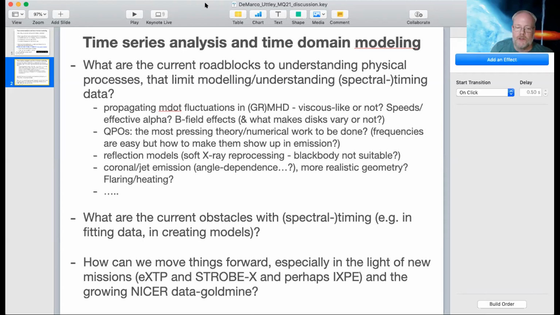Yeah, I guess maybe just to add one final comment, which is that Thomas Dauser made this point, that we cannot explain what we're seeing in spectral timing data in any completeness. Whereas the problem with the standard spectral fitting is that degeneracy, that it's hard to distinguish all these different models that we already heard about this week. We actually have the opposite problem with the spectral timing, which suggests that this is where it's even more important to address, because while you might be able to get away with a lamppost corona in